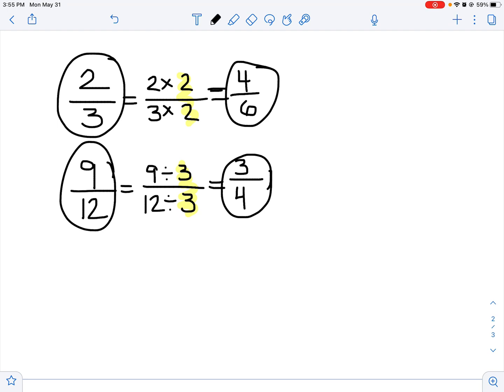Okay? So today you're just going to practice, kind of reacquaint yourself with fractions, make sure you've got it, make sure you understand them. Let me know if you need any help, and